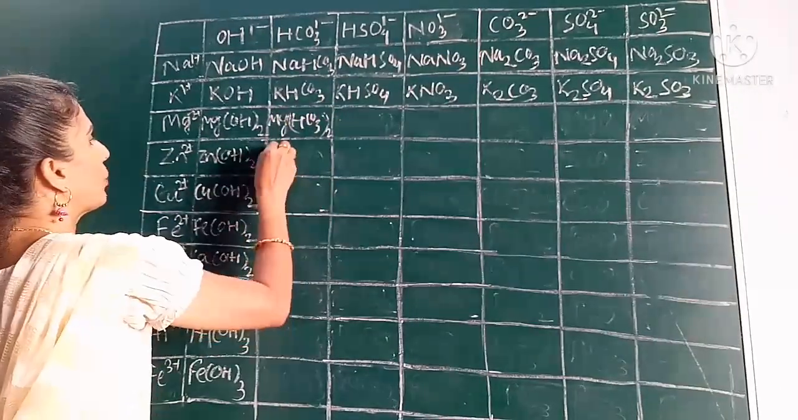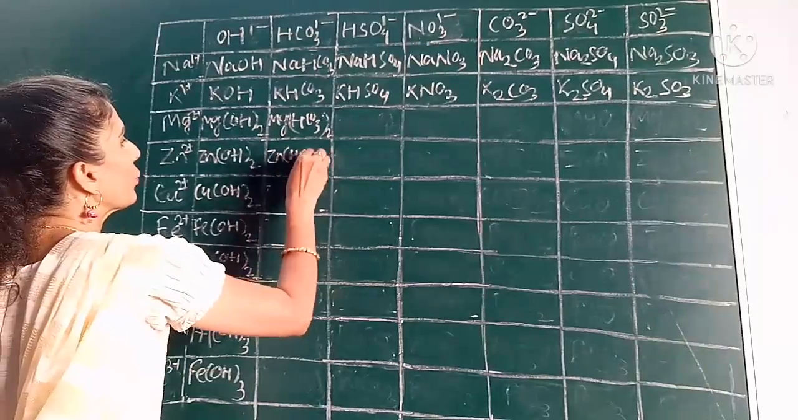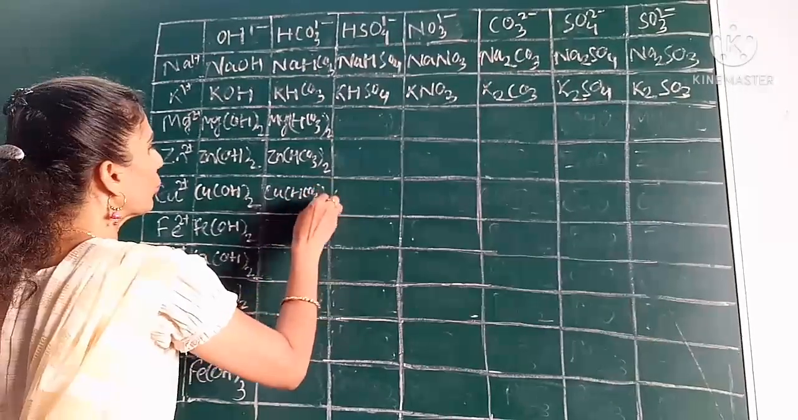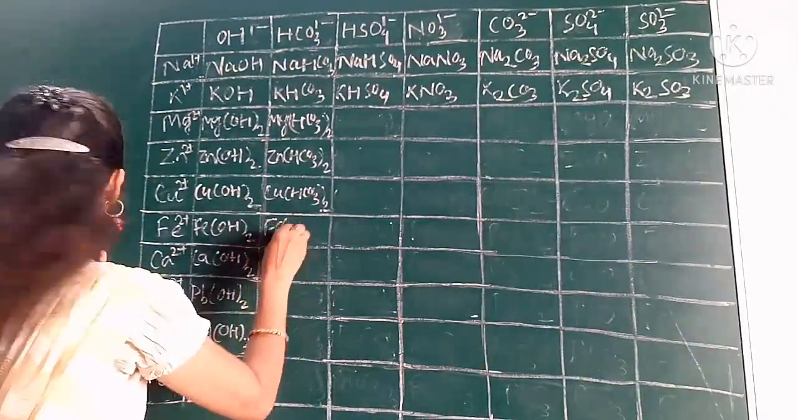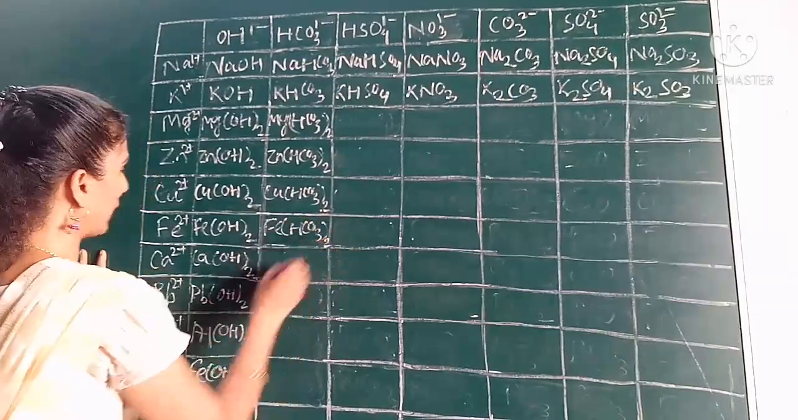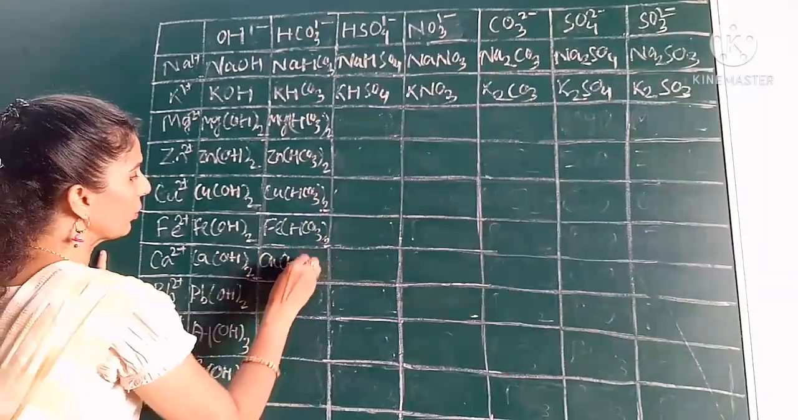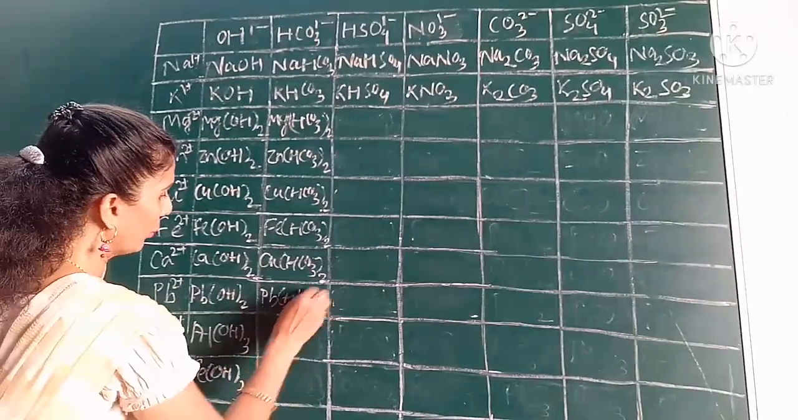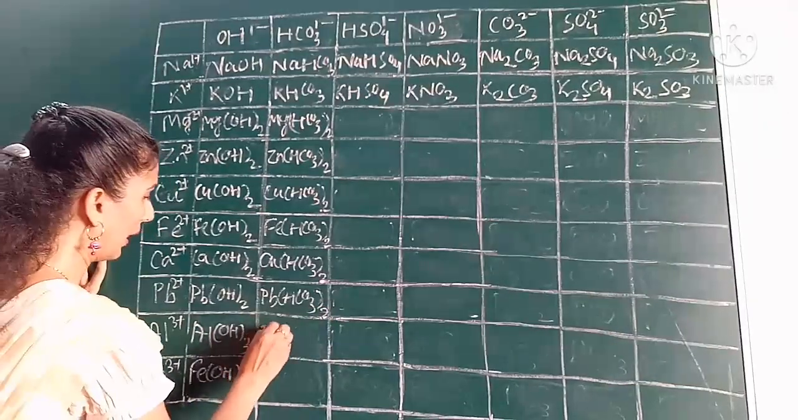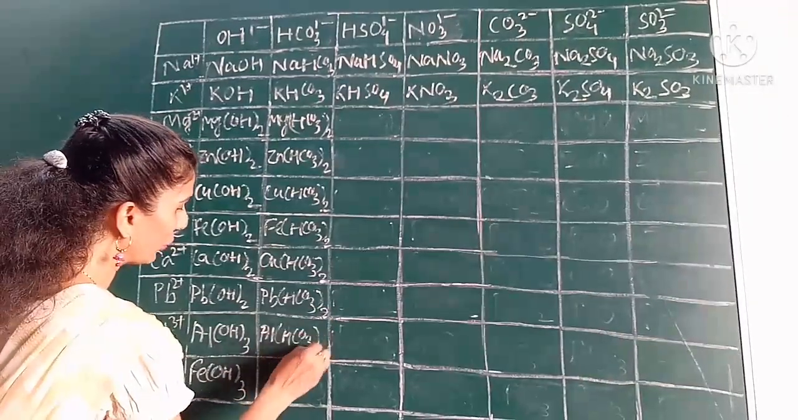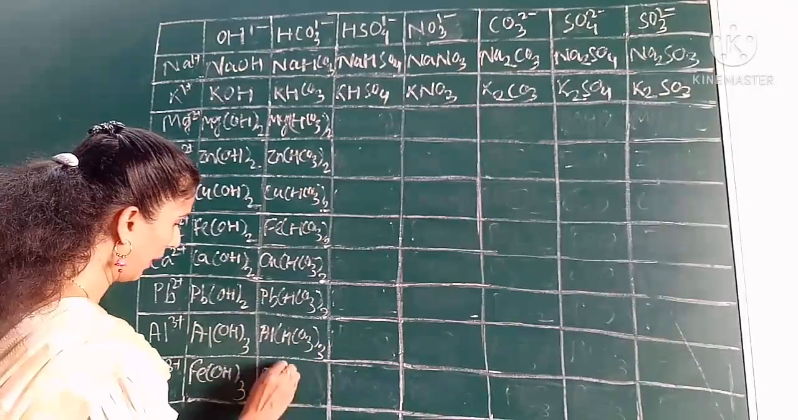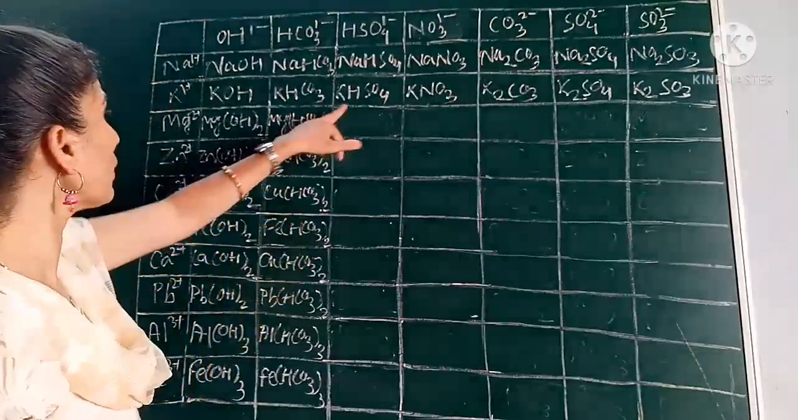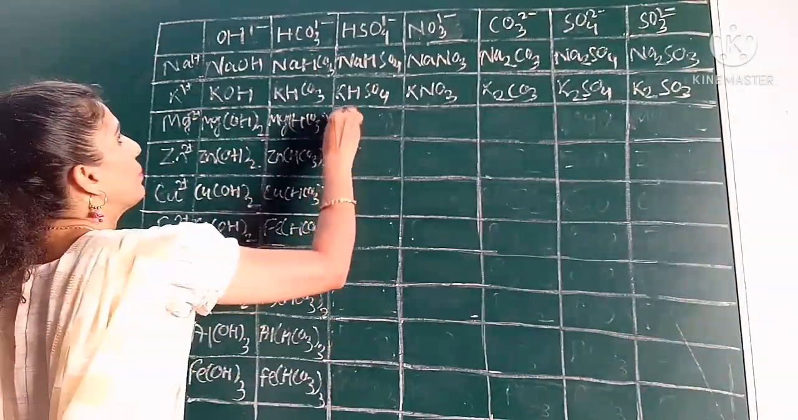Mg(HCO3)2, magnesium bicarbonate. Zn(HCO3)2, zinc bicarbonate. Cu(HCO3)2, copper bicarbonate. Fe(HCO3)2, ferrous bicarbonate. Ca(HCO3)2, calcium bicarbonate. Pb(HCO3)2, lead bicarbonate. Then after, Al(HCO3)3, aluminum bicarbonate. Fe(HCO3)3, ferric bicarbonate. After that go to the same format here,